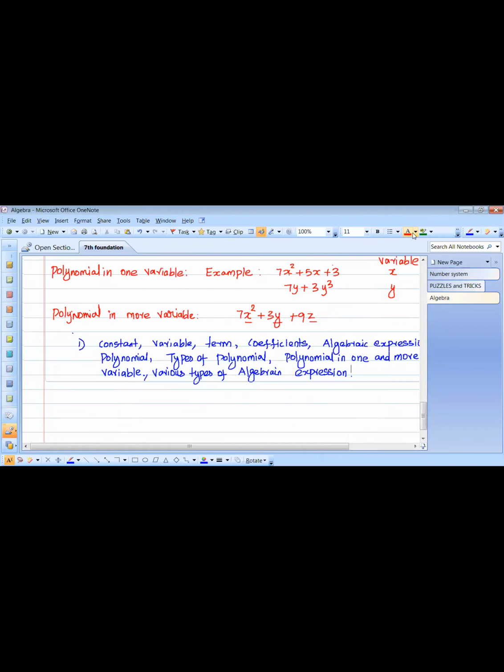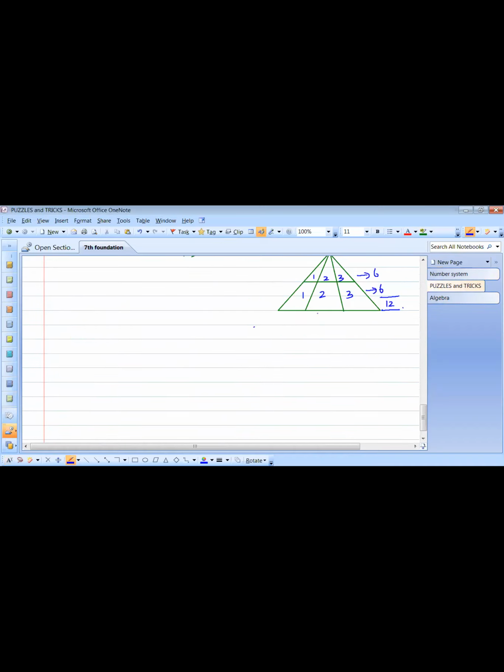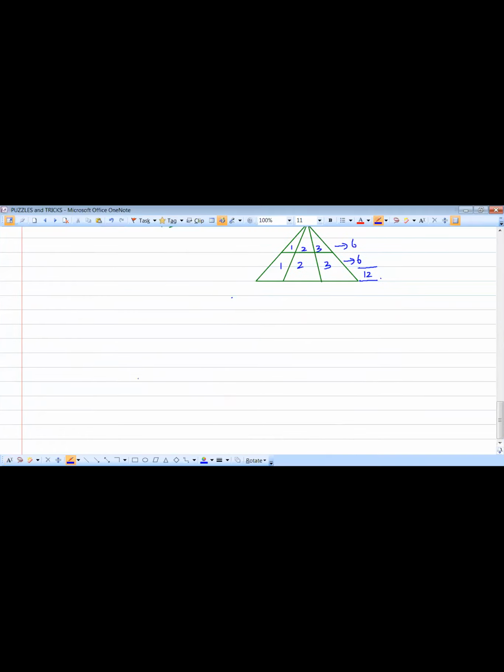Algebraic here. This one C will come. While writing it fast, I mention like algebraic. Okay. So now, dear students, everyone try to understand how many triangles are there in this particular diagram.